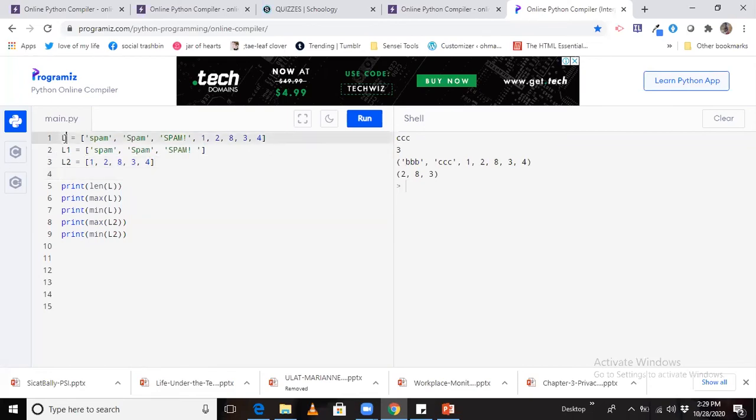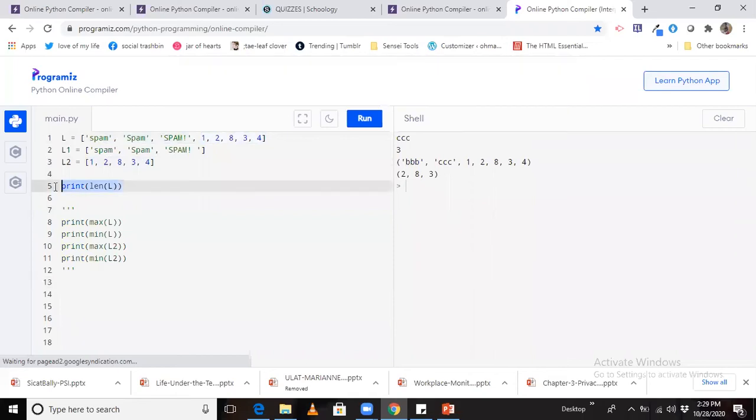So we have here sequence L. These are the contents. Sequence L1, these are the contents. And sequence L2, these are the contents. So let's try len. You know len na, nang ginagawa niyan len. Return the number of elements. The output now is